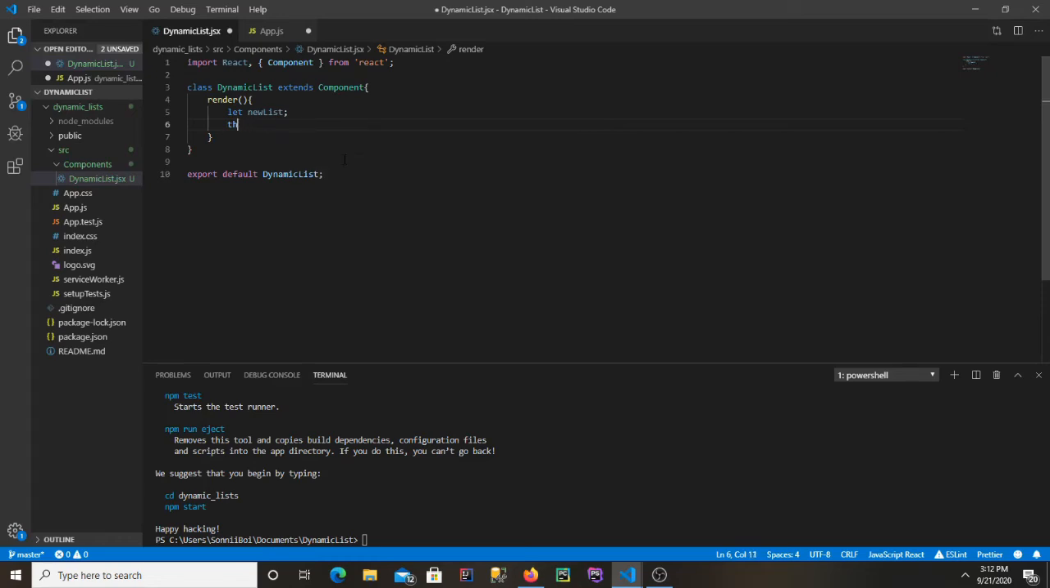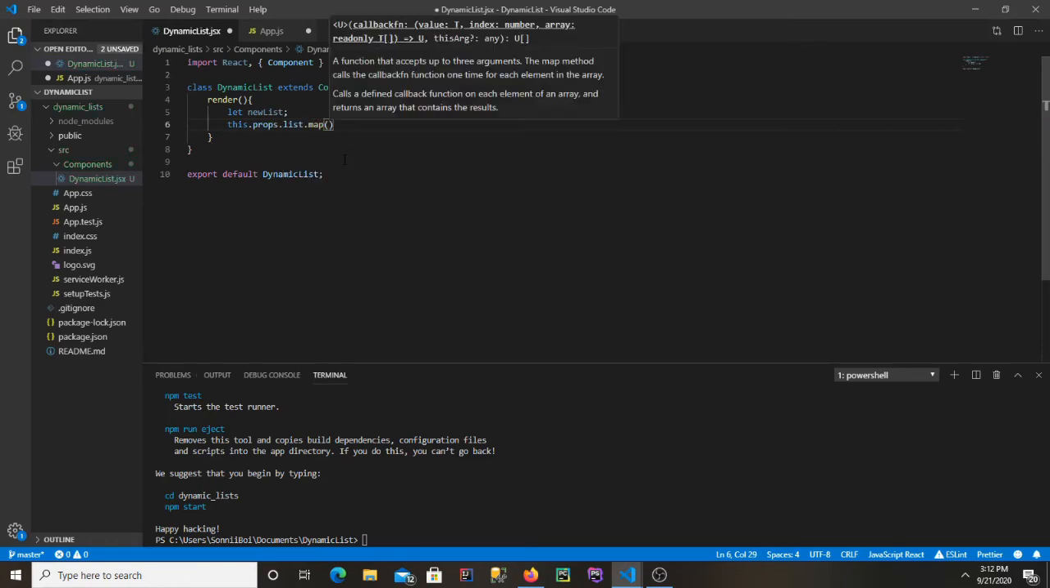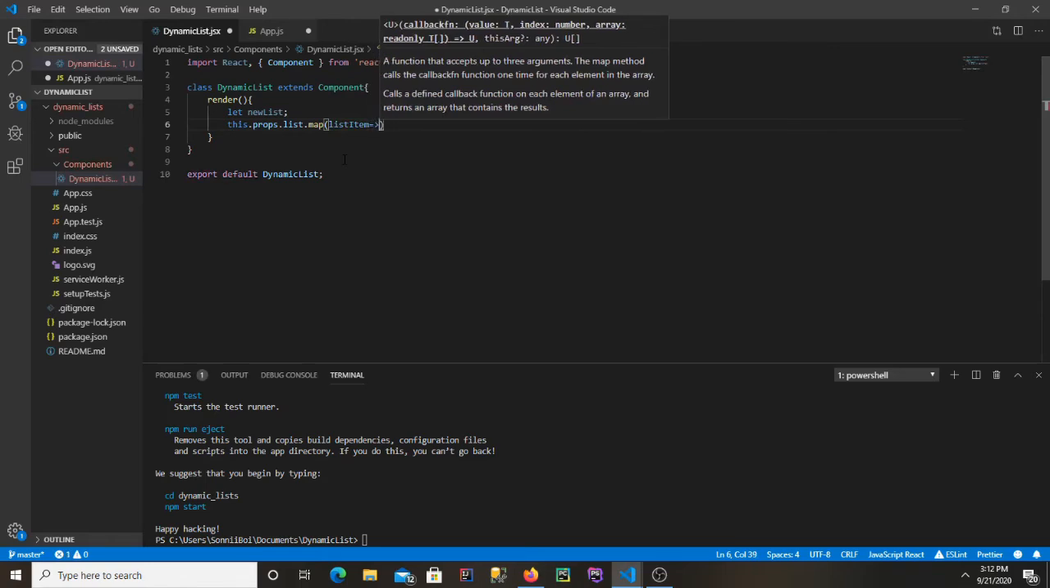And now your first instinct here might be to use a for loop to make this new list. But in React, you cannot do this. You need to use the map function. So type this.props.list.map, and you're going to type whatever function you want to be applied to each item. And in this case, since we're making a dynamic list, we want to add li tags to each item. So we're going to have each list item. It's going to take one list item at a time, and then we're going to